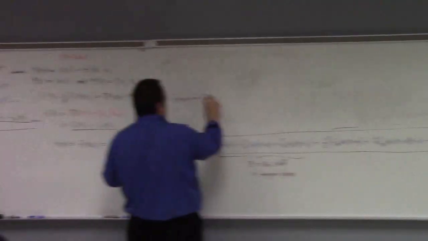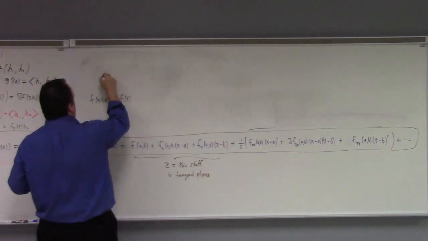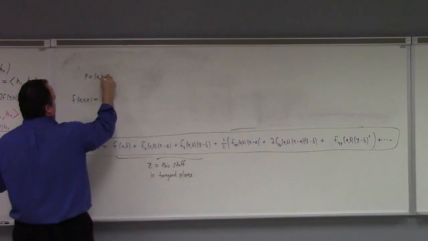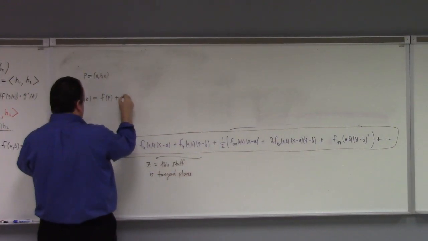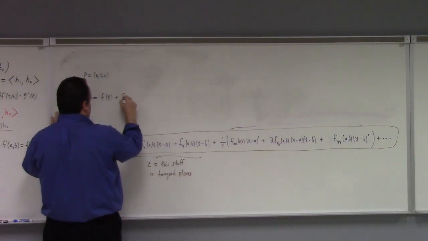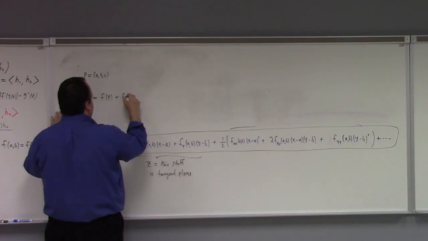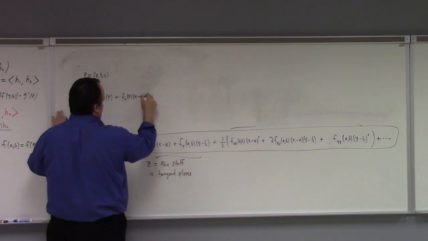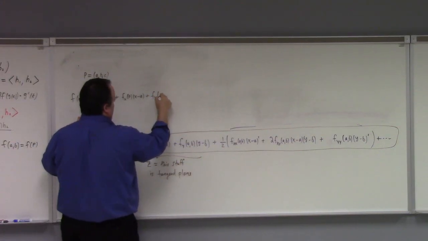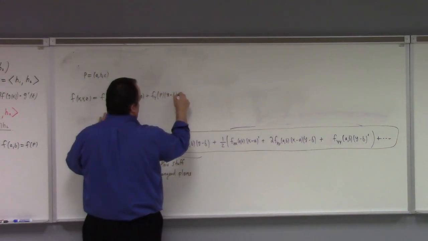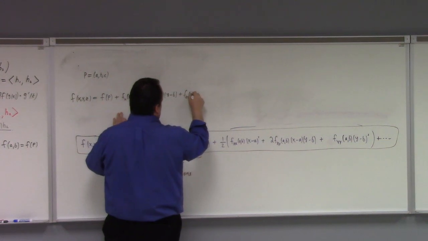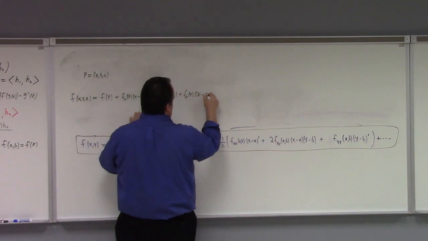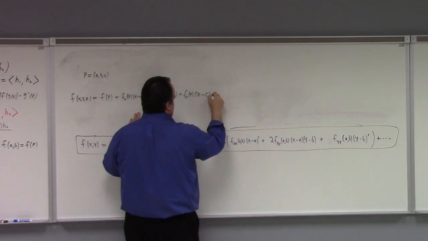f of the point, and let's say the point's (a, b, c). So it's f of the point plus f sub x of the point times x minus a plus f sub y of the point times y minus b plus f sub z of the point times z minus c, right? And then plus